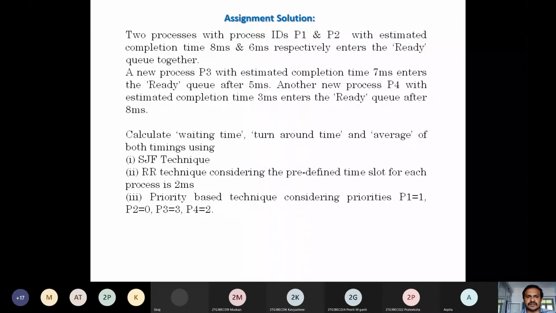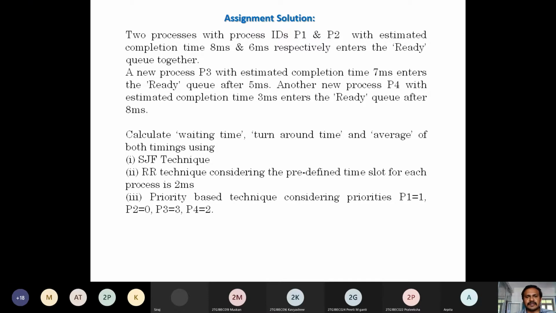Once the processes occupy the ready queue, what is the scheduler going to do? The scheduler is going to schedule the processes for execution based on the technique. So first P1 and P2 occupy the locations in the ready queue. Once P1 and P2 have arrived, the scheduler immediately schedules them based on the technique and starts executing them one by one based on the respective algorithm.